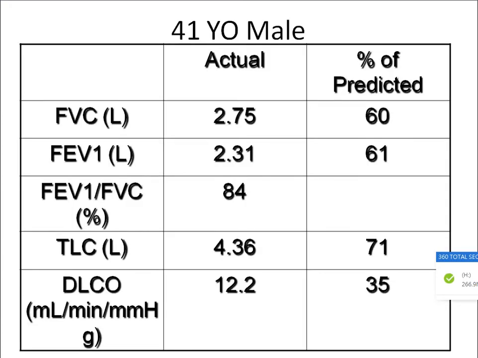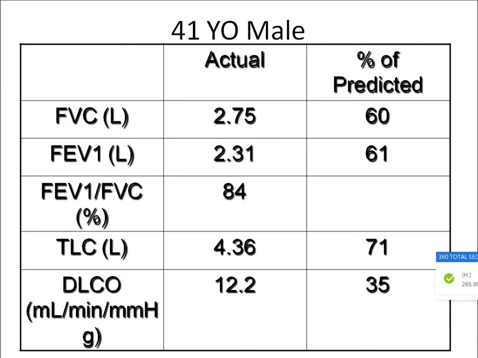You see this diagram, the flow chart again. A 41-year-old male patient, FEV1 by FVC ratio is 84. Normal, as the ratio is more than 70%. So afterwards, what will you see? FVC, forced vital capacity percentage predicted. It is 60%, less than 80%.